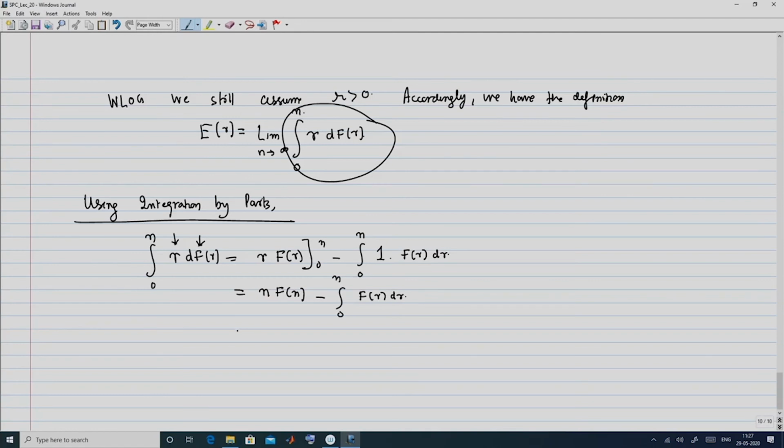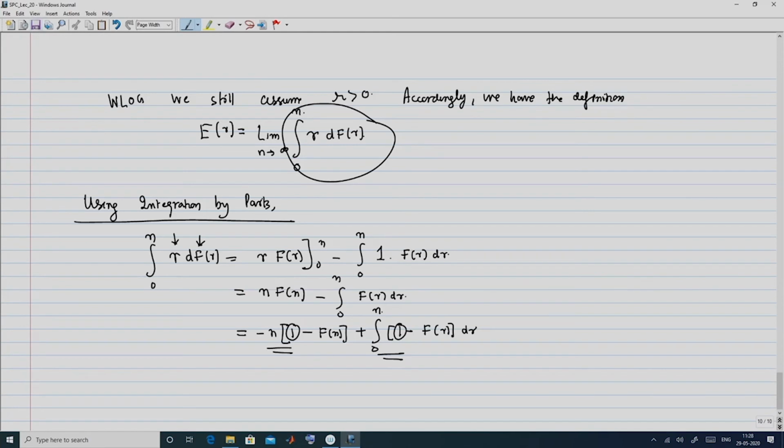Now, what you can do is add and subtract one term, that is minus n. So I will have minus n into 1 minus f of n, and accordingly here I will have plus the integral from 0 to n of 1 minus f of R dr. You see, from this term I will have minus n, and the integral of dr from 0 to n is n, and they cancel out. So I add a minus n here and a plus n here. Okay, now that we have this form,